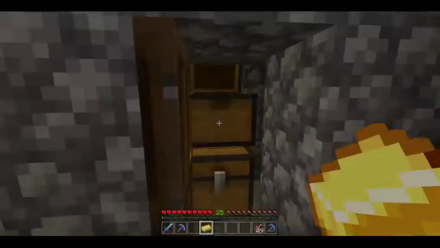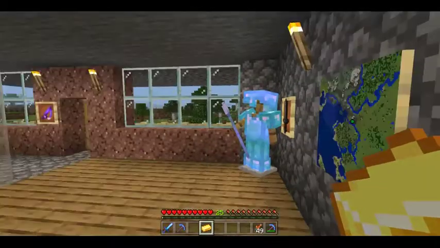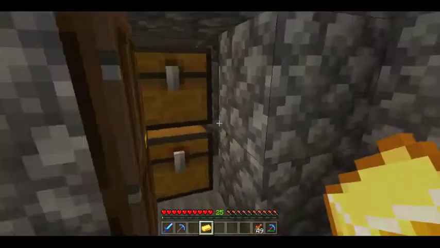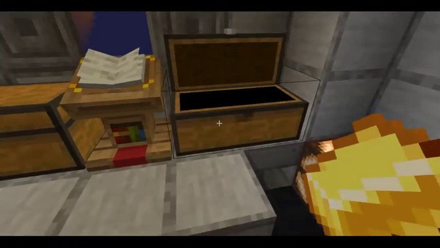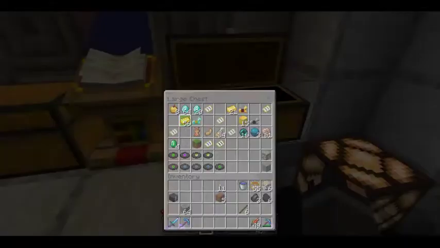We have two chests in here. We open both, nothing happens. However, if we come over to the sword and change its position, come back, open the trap chest on the bottom, a couple of pistons push the sword out of the way, come in, drop the gold off,